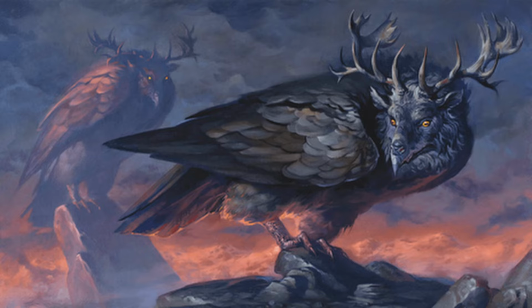Roosting on mountain ridges and in high caves, Perytons prey on lone travelers and isolated villages. With settlements being attractive sources of food, any village or town that discovers a Peryton nest nearby is quick to hire adventurers to get rid of it. Their resistance to normal weapons is also well known, with most travelers knowing to avoid confrontation with a Peryton at